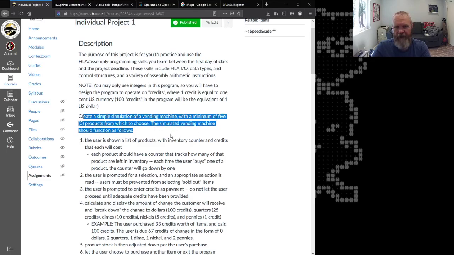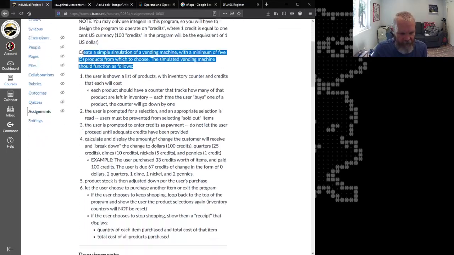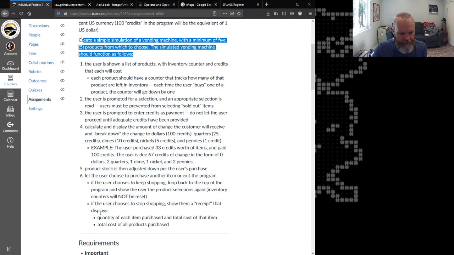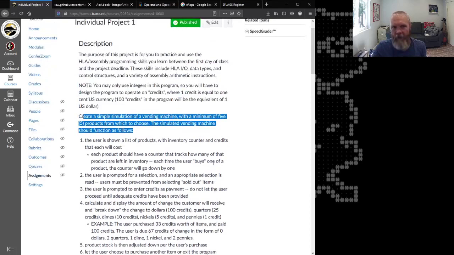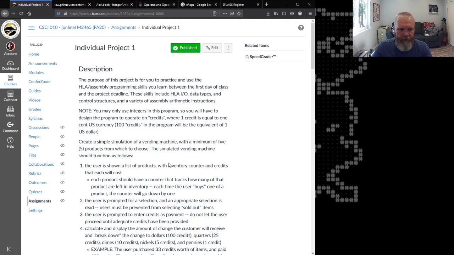It's a vending machine, so the idea is that a person buys a product and then they pay for it, and you have to make sure they pay enough, and then you give them, do I even require a receipt here? Yeah, with a receipt. So this vending machine keeps track of your entire shopping session, as it were, so that when you walk away from the machine, it says, hey, here's all the stuff you bought. You could also think of it as a shopping, like a grocery store or something. So you go in and you buy some items. You pay for them and then you get a receipt.